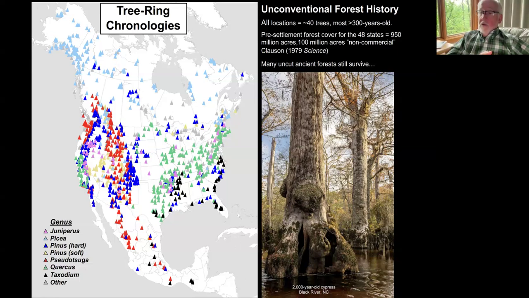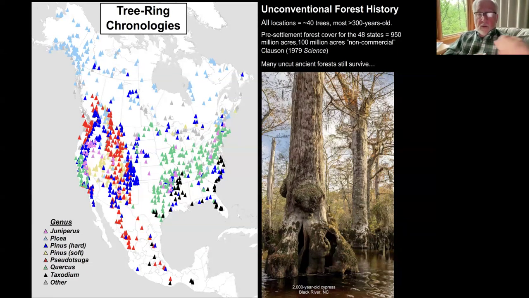But they still have important habitat value, of course. They're part and parcel of what was Native America upon settlement. And of course, they have scientific value for things like climate studies and other studies. And so many uncut ancient forests still survive all over North America and the United States and Maryland, as you